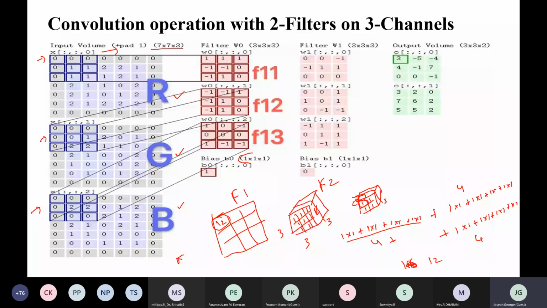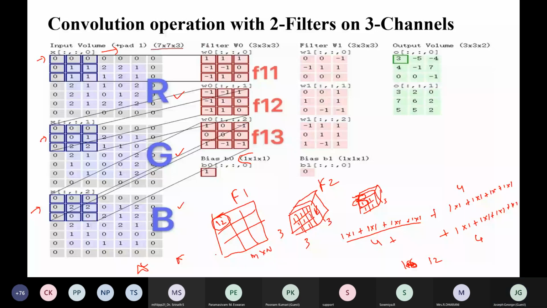So what happens here? You will get an activation map of size some m into n, which is always less than the input height and width. Suppose you are using another filter, then the same process will happen.